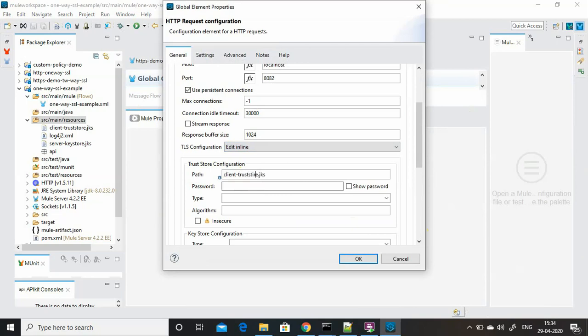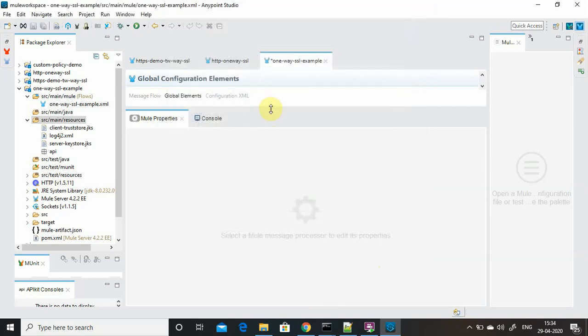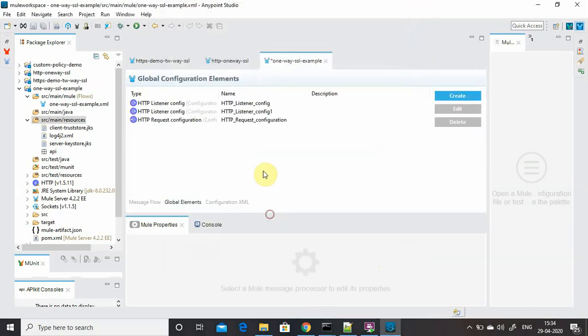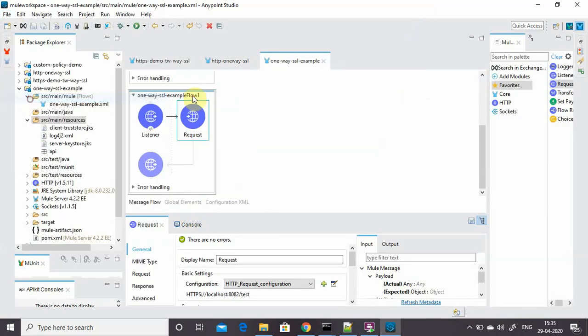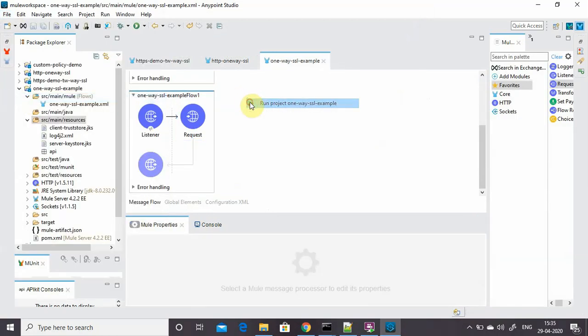Let me spell it correctly, otherwise it will fail again. The password is the same, MuleSoft, and the type is JKS. Simply say OK, go to the message flow, save everything, stop the application and restart it.